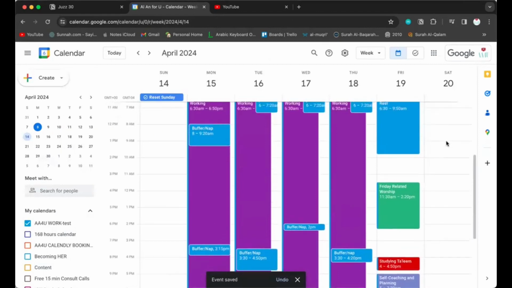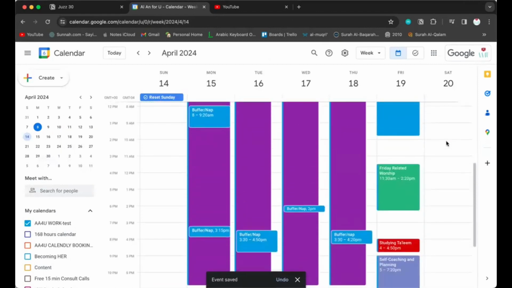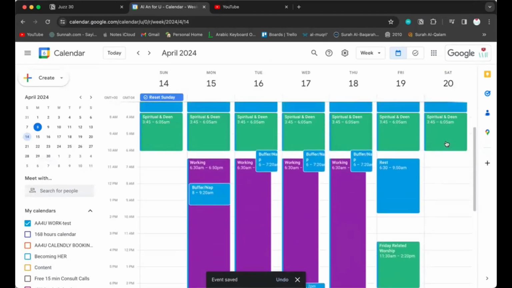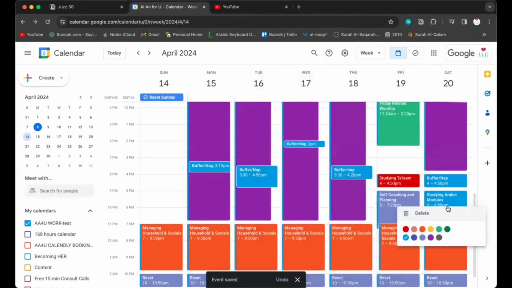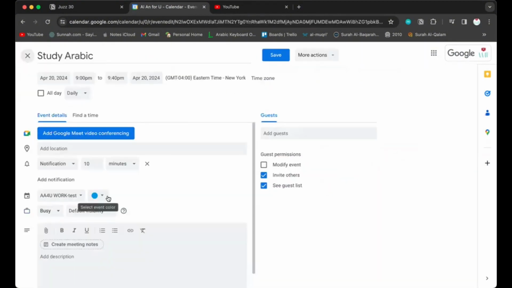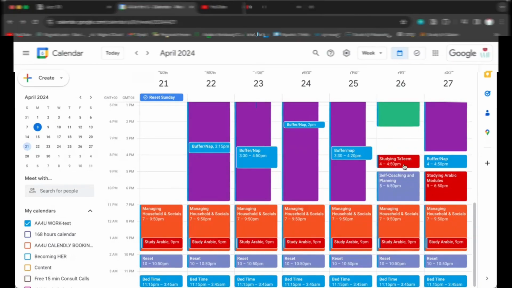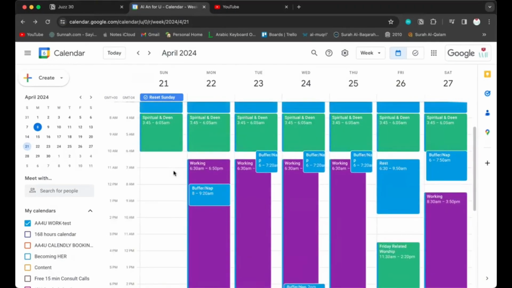Okay, so my Friday didn't get much studying, so Saturday needs to get some serious studying. Okay, good. I was able to get the 10 hours of studying that I needed for both Talim and Arabic. I haven't done Sunday. We are almost done. It takes some time and some thinking, but once you have it done, you don't have to think about it for at least 6 months.